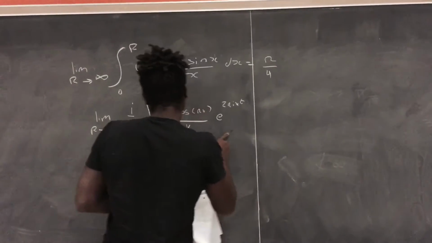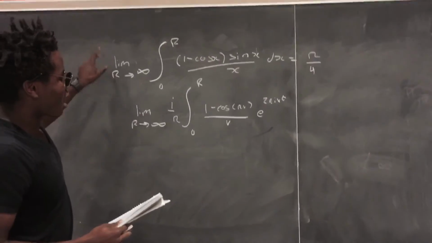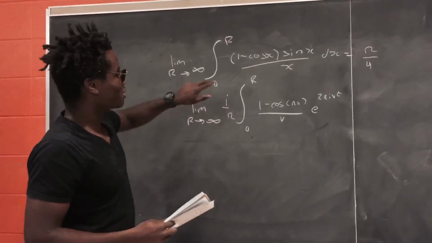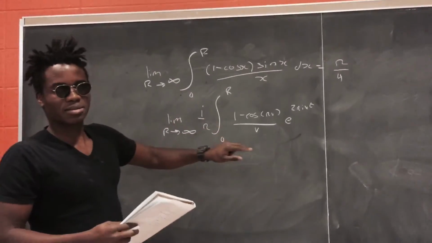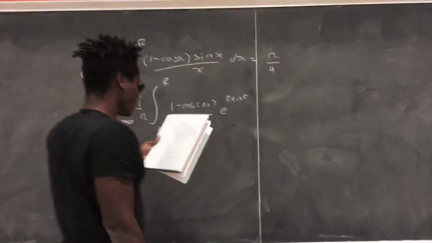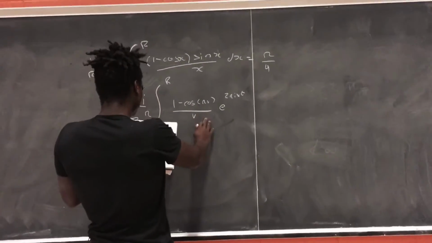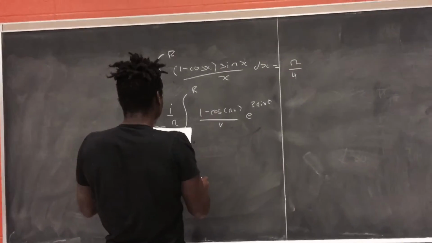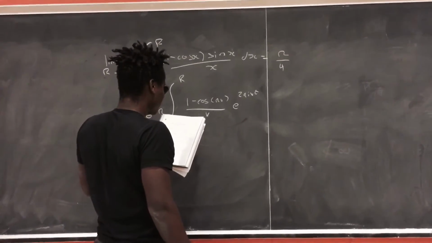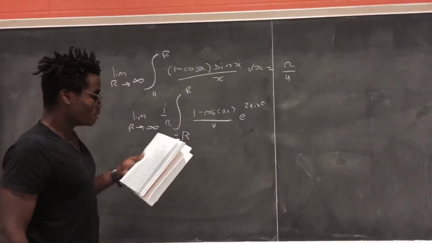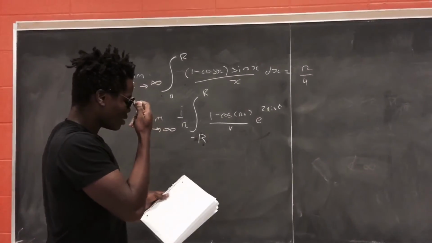We know that this function converges, and the function that we have kind of looks like this one. So maybe this one converges too. Well, let's see if we can make this thing look like that and find its limit. Okay, keep going. Because this thing is odd, wait, oh, I messed up. Sorry, this should be a negative R. Yeah, okay, moving on. Because this function is odd, we know that if we take the limit from 0 to